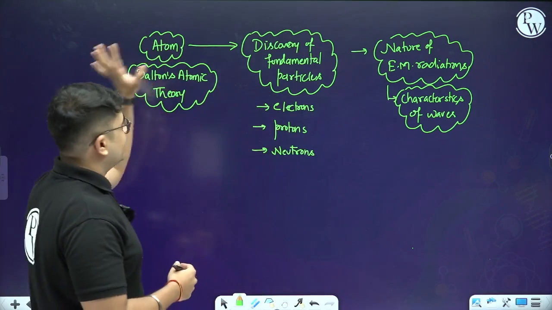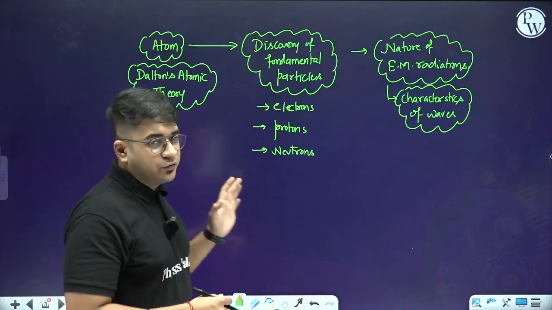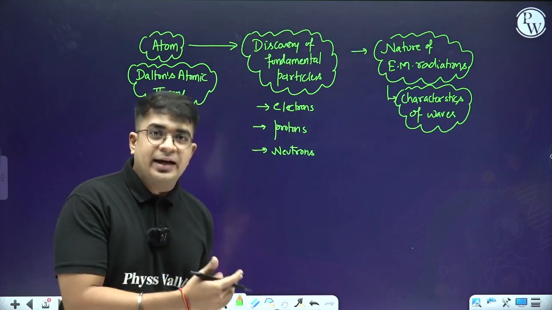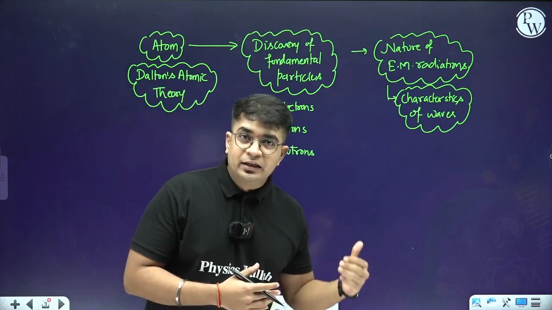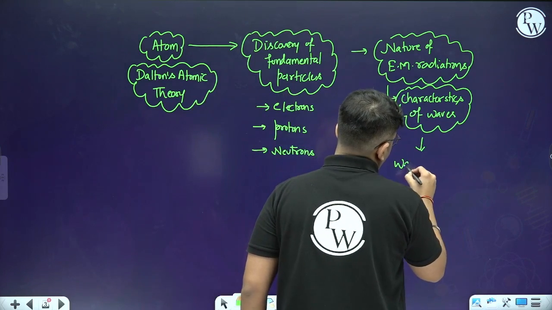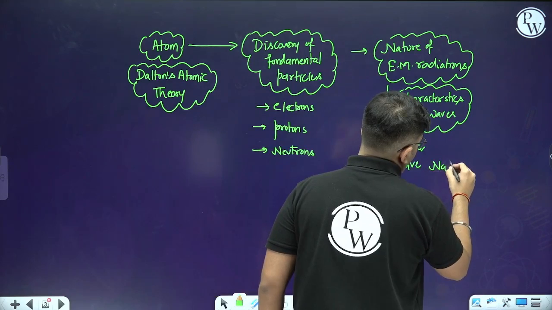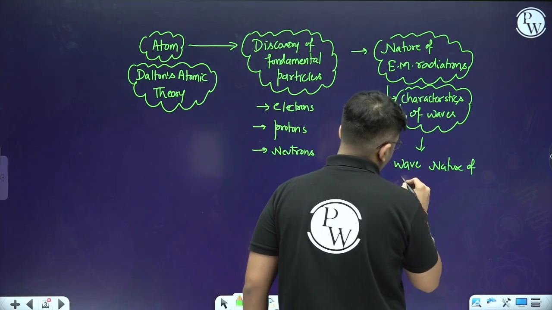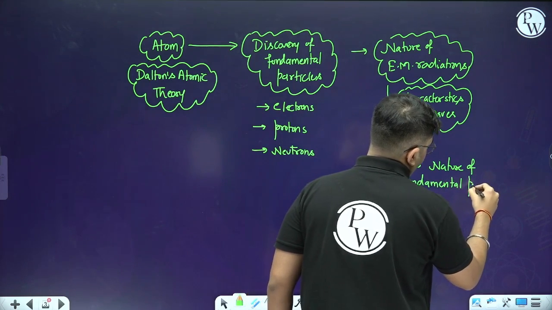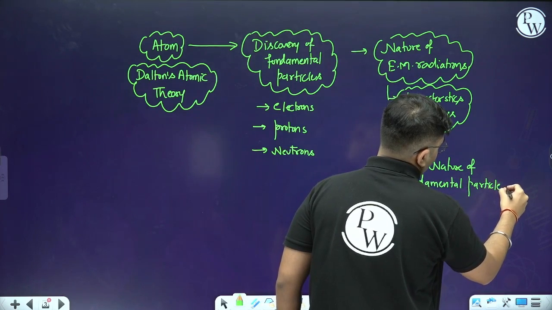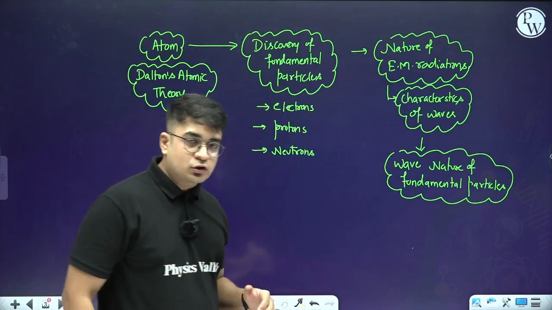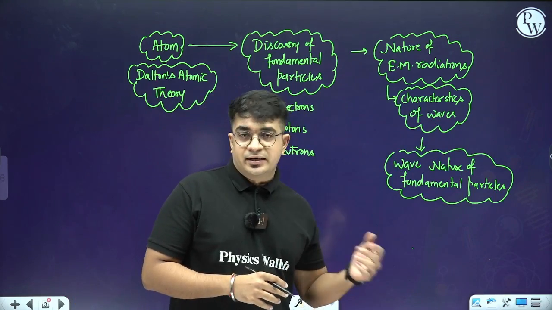So, the first part in this case is basic idea about the atom, then the discovery of fundamental particles, then the basic characteristics related to electromagnetic radiations, then we will try to explain the wave nature of these fundamental particles. We can talk about the wave nature of fundamental particles. Okay, after this particular part, when this wave nature was actually clarified, some scientists did certain experiments to explain